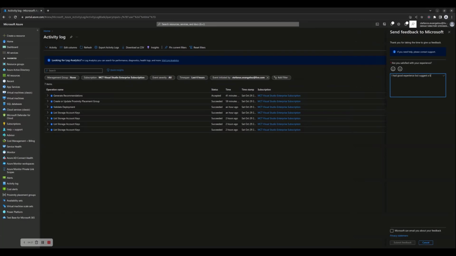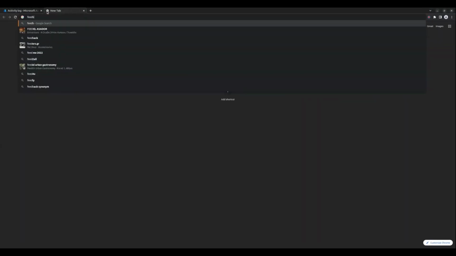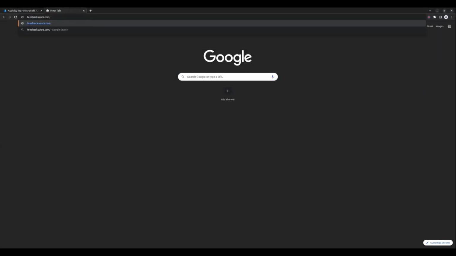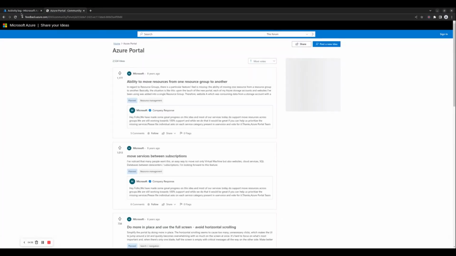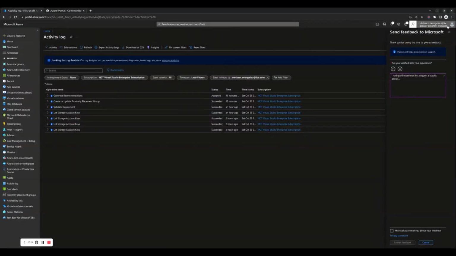To view current open feedback items, refer to the following URL. Microsoft Account Options. By clicking on the Microsoft account icon at the top right-hand corner, you can edit all